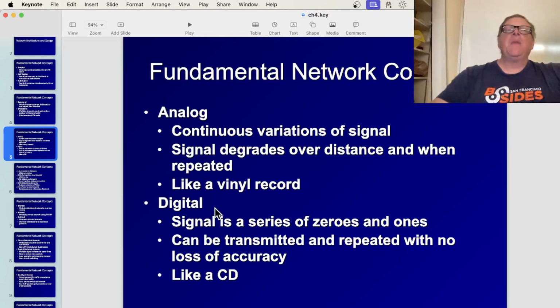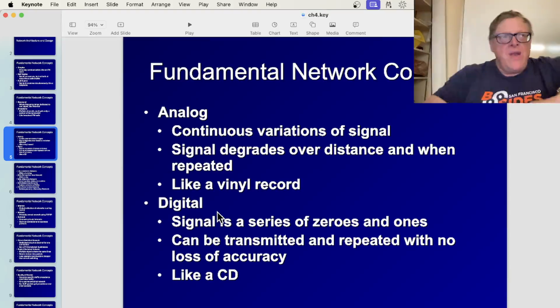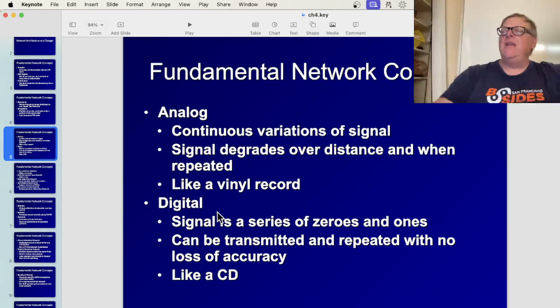Digital signals digitize the signal into a series of zeros and ones, and now you can transmit and repeat it with no loss of accuracy, because you can calculate error detection codes like hashes, and if something is wrong, you can retransmit it until the hash comes out right. So you can essentially have any number of perfect copies of a digital signal, and you can transmit it with complete perfection anywhere. As long as you have a channel that has some degree of successful transmission, you can eventually transmit it with 100%